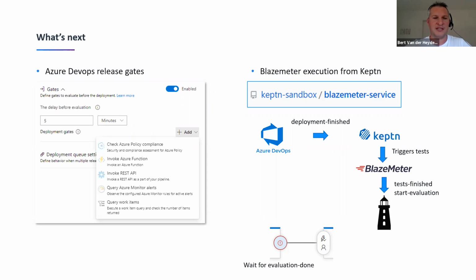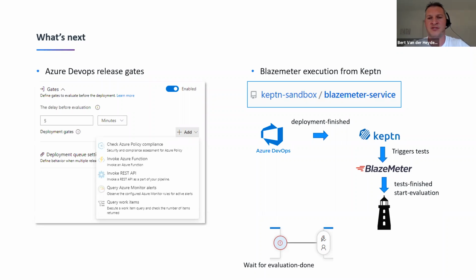So you have something like gates to go from one step to another. The nice thing is you can put your own delay in there, how long it should wait before you send out a call, and it will free up your resources in Azure DevOps, because a gate runs on the Azure DevOps server and not on the pipeline itself,